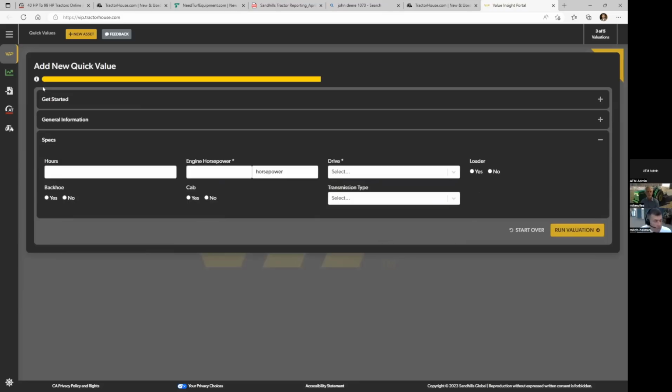So I'm going to click next here. The next thing that happens is you'll go ahead and put in the different specs on the unit. Just to explain it, this is really important because these are specs that we have seen as needle movers that'll actually change the price based on what is inputted here. So every category of equipment, on tractors, it's going to look different than sprayers and combines and tillage equipment and all of that. But these are the most important things that we need. Now, if you don't know it, you don't need to fill it in. We'll still come out with a value on it,